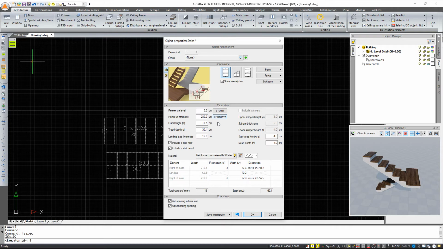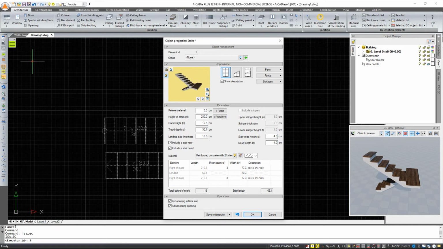We define stairs after drawing them. For this, we go to the Properties. We check the automatically calculated stride length. We start modifying the values by changing the number of steps, which, multiplied by their height, changes the entire height